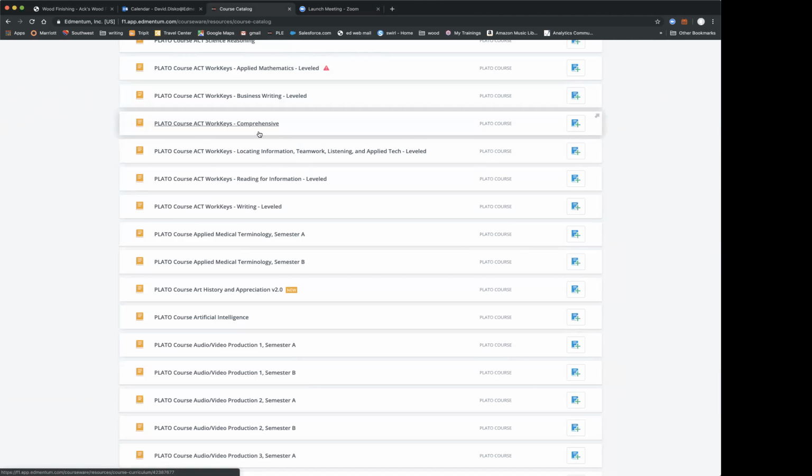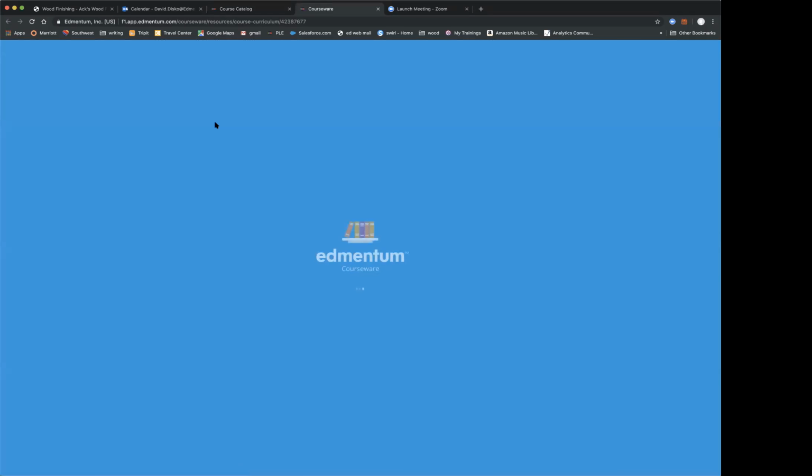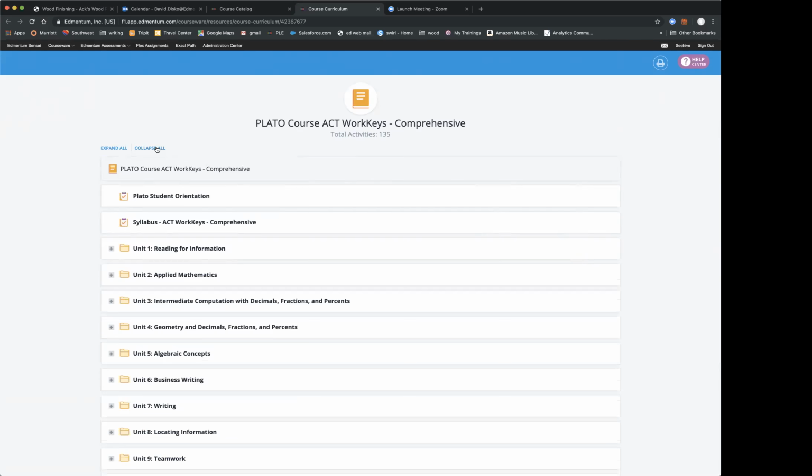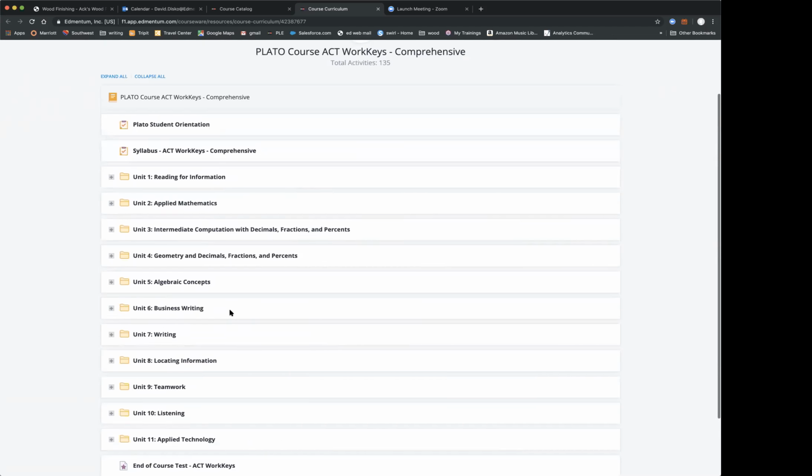The only thing I want to say here is the one that says comprehensive, that's everything. So what we've done there is instead of separating things out by a separate course for reading and applied math, we bring everything in here and then we pull it in.